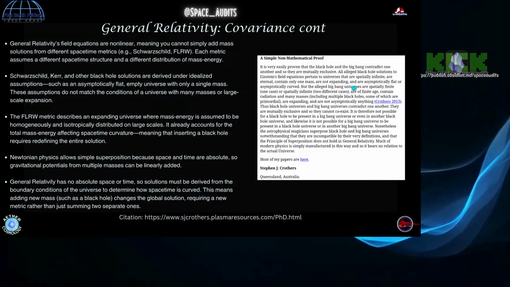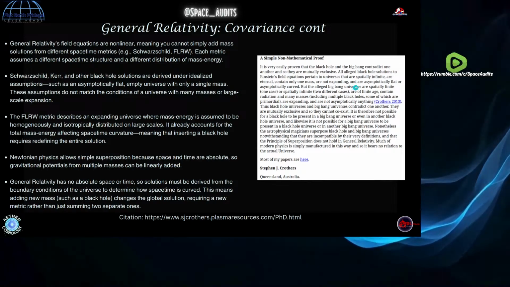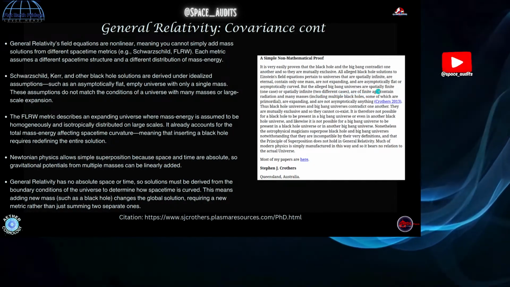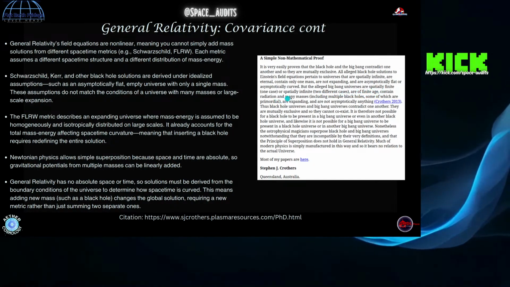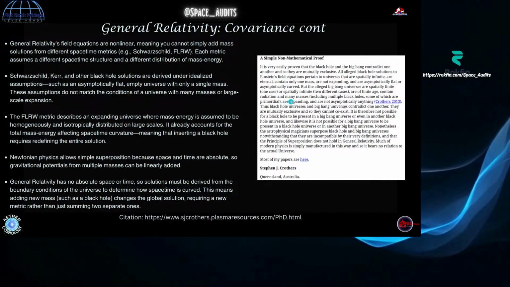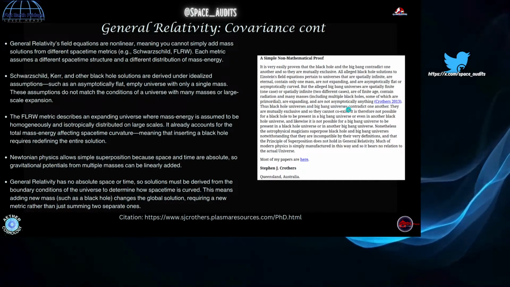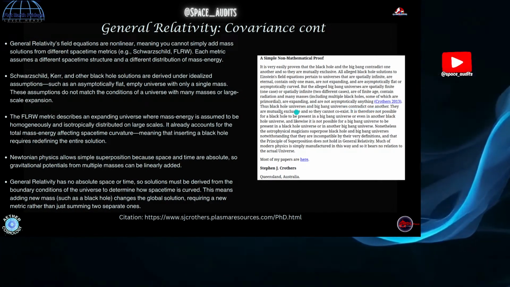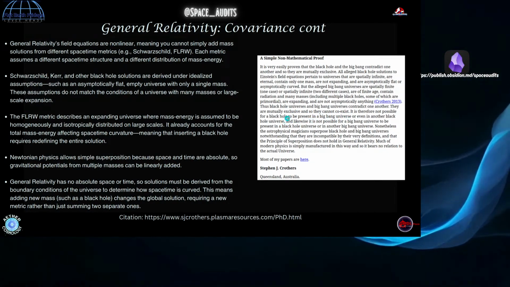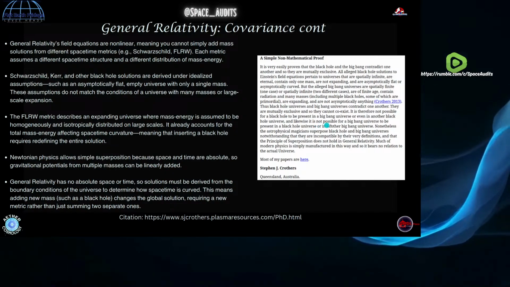But the alleged Big Bang universes are spatially finite or spatially infinite, or have a finite age, or contain radiation and many masses, including multiple black holes, some of which are primordial, or they're expanding, or they're not asymptotically anything. The black hole universes and Big Bang universes contradict one another. They are mutually exclusive so that they cannot coexist. It is therefore not possible for a black hole to be present in a Big Bang universe or even in any other black hole universe, and likewise, it is not possible for a Big Bang universe to be present in a black hole universe or any other Big Bang universe.